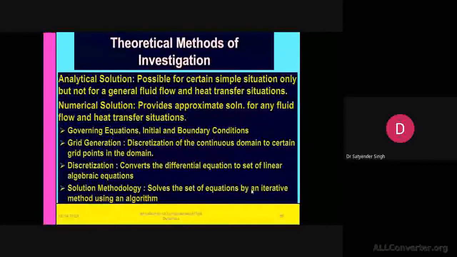I must mention that the grid is a mathematical representation, but it also indicates your control volume at the same time. For the control volume, your algebraic equations have to be applied, and the grid finally represents that particular location where we have calculated the value using that algebraic equation. So if you have created 100 grid points in your computational domain, then 100 algebraic equations will be formed, and they must be solved to give the information for the whole computational domain by using some iterative solution procedure.